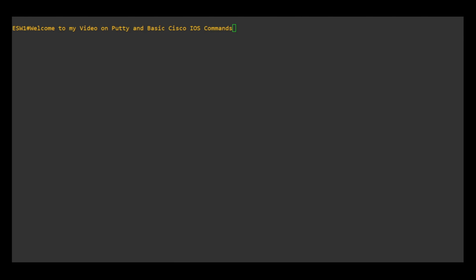Today we're going to take a look at Putty, which at a super high level is an extremely lightweight application that allows us to interact with devices on our network. We're going to use it primarily for connecting to Cisco devices. We're going to use it at a console level, so we're going to treat it like a direct cable connection into the device. This is all going to be simulated today in GNS3. If you haven't seen GNS3, I will link my video on how you can get started with GNS3 in about